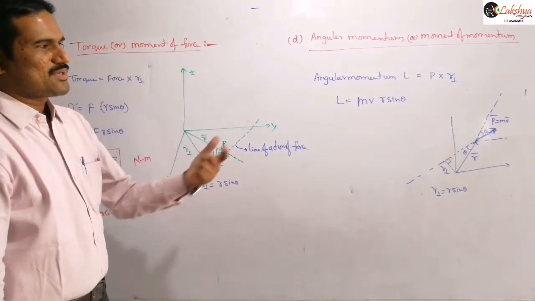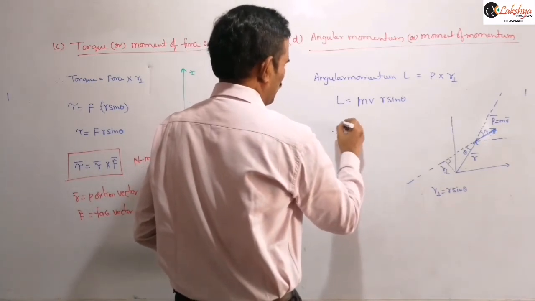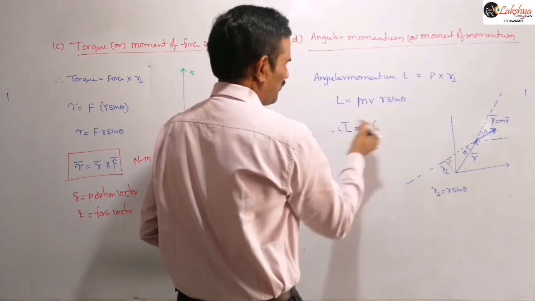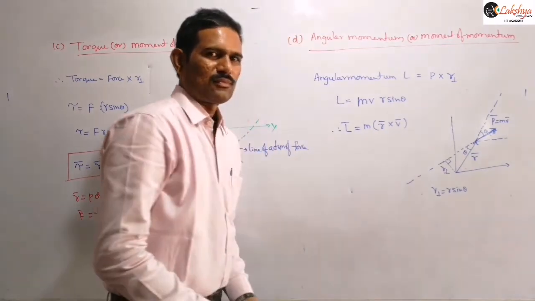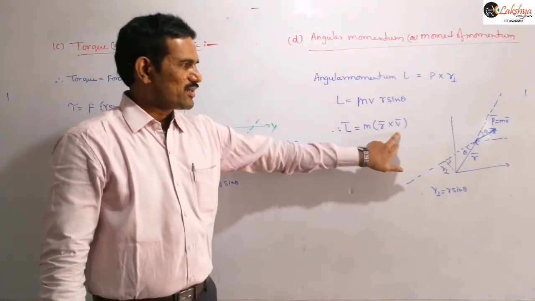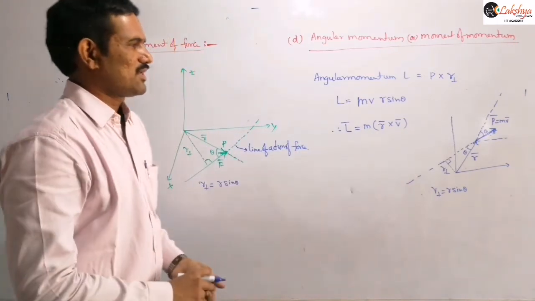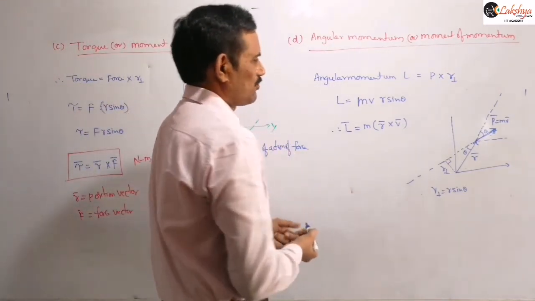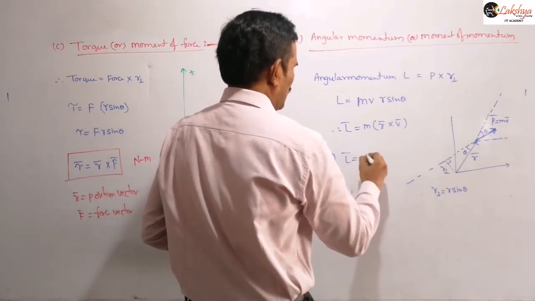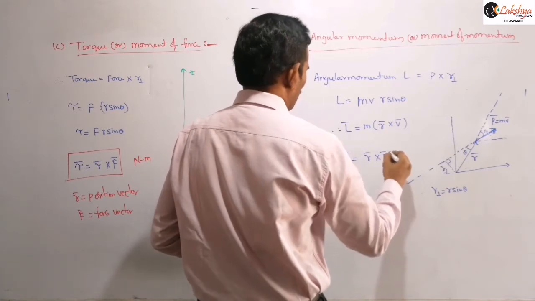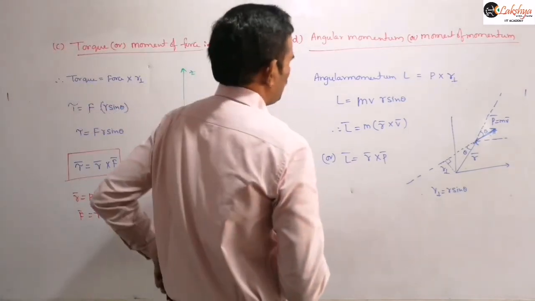Therefore, again you can express this as a cross product of those two vectors. So this angular momentum L bar you can write as m, a scalar quantity I am writing outside, r bar cross v bar. Because the cross product of these two vectors will give us another vector, and the direction of that vector is nothing but the direction of L bar here. So you can also express it like that. Or you can write it in terms of the momentum vector directly, as r bar cross p bar, where p bar is the linear momentum of that particle. So just a mention about angular momentum.